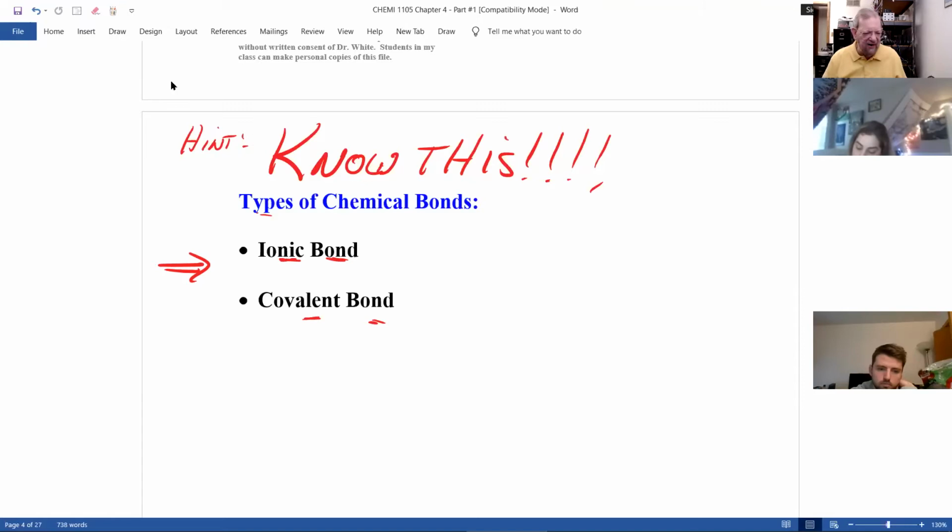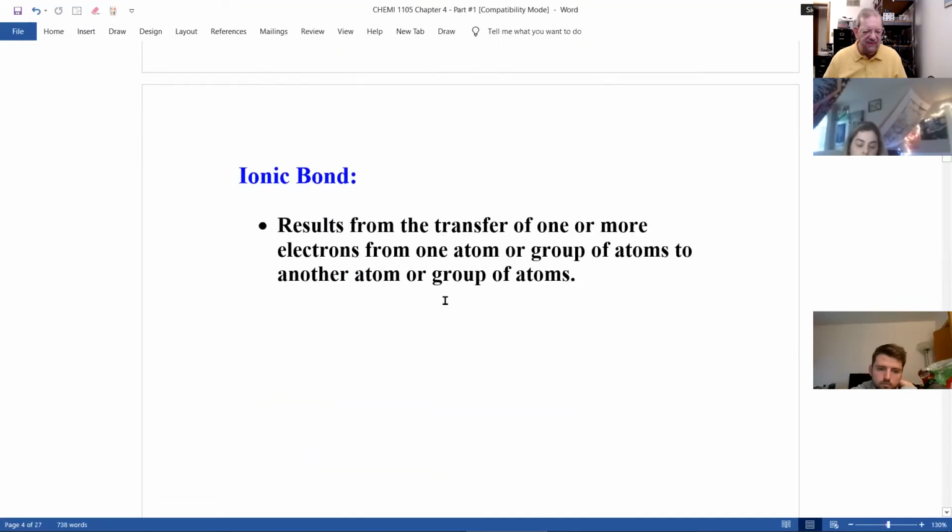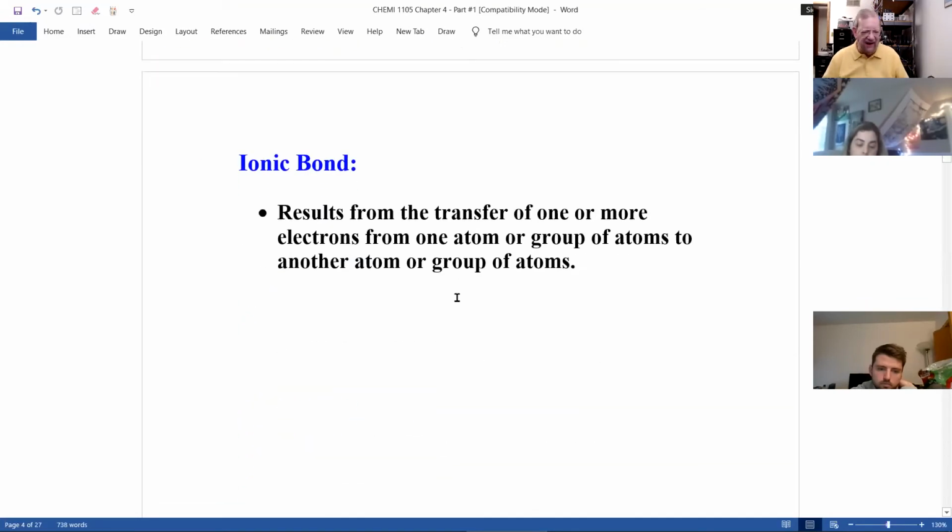So if we look at water, salt, or anything, there's a chemical bond and it's either ionic or covalent, and certain molecules have both. What is an ionic bond? What is a covalent bond? Good question. Thank you. Well, what is an ionic bond? It results from the transfer, this is important, of one or more electrons from one atom or group of atoms to another atom or group of atoms. So, ionic bond,